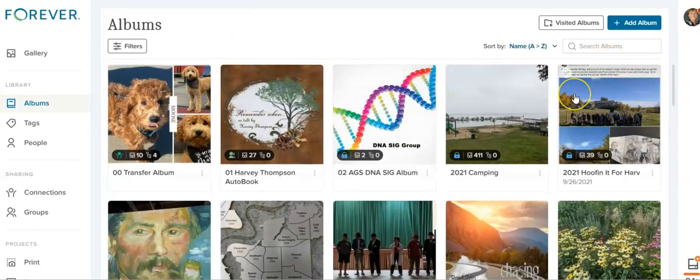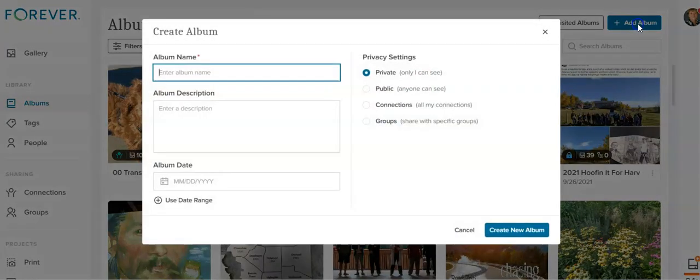You'll see all the albums that you've already created, but if you want to create a new one or you haven't created any at all, then you can go to the top right hand corner and you'll see the little blue button called Add Albums. And here you can enter the name. So I'm going to use Test Album. I've created quite a few of them, so you'll probably see a few when we get this done. Anyways, you can add a description of whatever it is. If you want to choose an album date, you can. You do not have to if you don't want to,